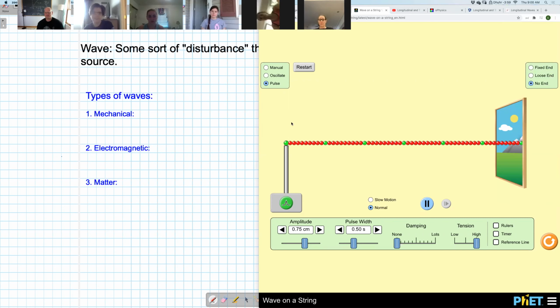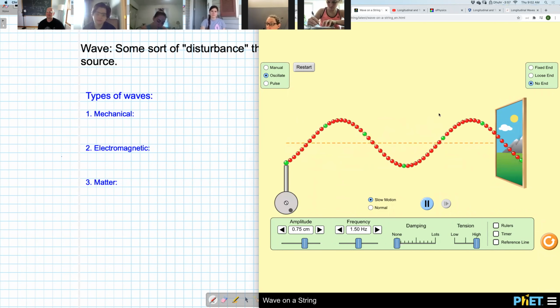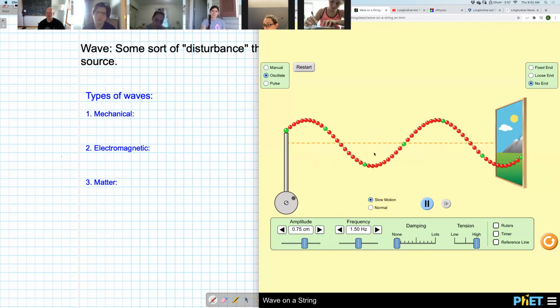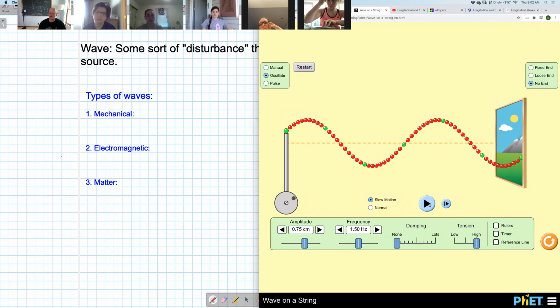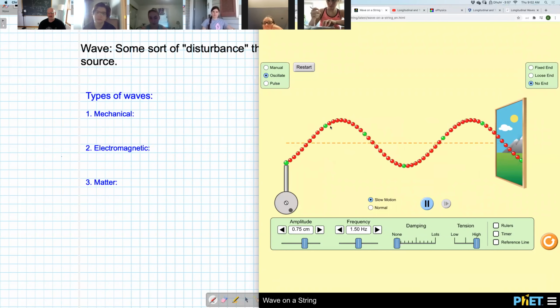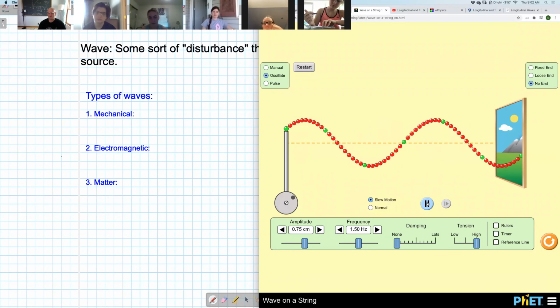So again, if I'm watching the particle, the green one, it's only harmonically oscillating up and down. It's not moving to the right at all. So the medium itself is not moving, but the wave itself is moving. It is generated. It is carrying information. It's carrying both energy and momentum. So if I pause this thing at some stage, what we can see then is that the wave itself has a sinusoidal or cosine curve to it, but the particle itself is also moving up and down with a cosine